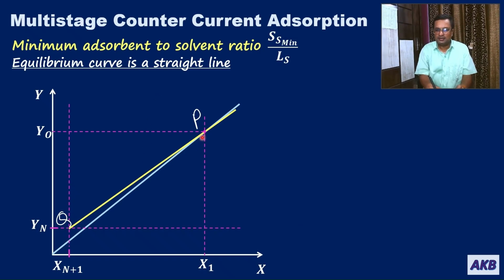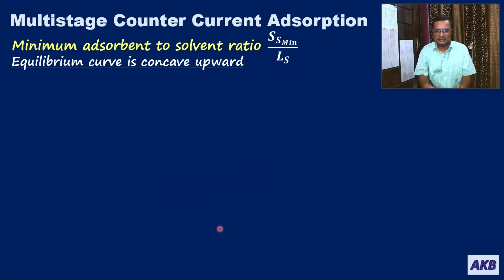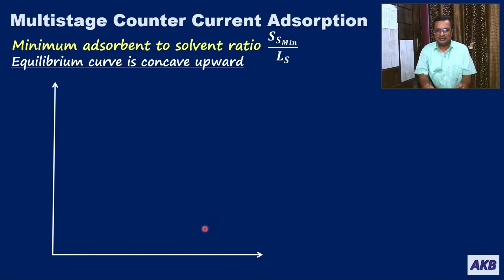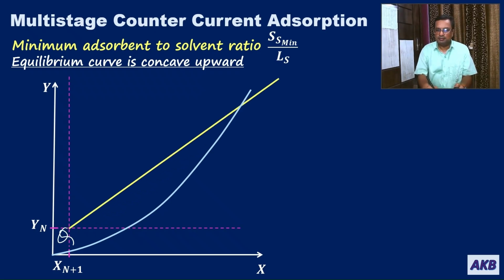The point where the operating line touches the equilibrium curve, the pinch point, will be located in this way. Then if the equilibrium curve is concave upward, again the same thing. The pinch point will occur at the concentrated end. So you have point Q over here, and the pinch point will occur at the concentrated end, which is point P,